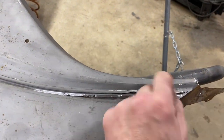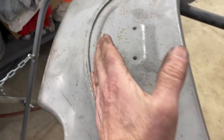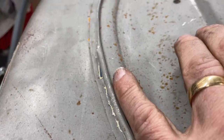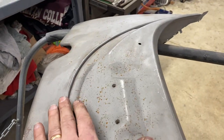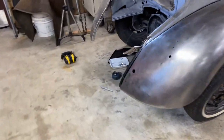Dale's in the process of removing this channel because we're going to replace it. We thought about just shifting it up, but there is a bump here. There is a ridge. So that's a problem that we haven't solved yet. Problem number two